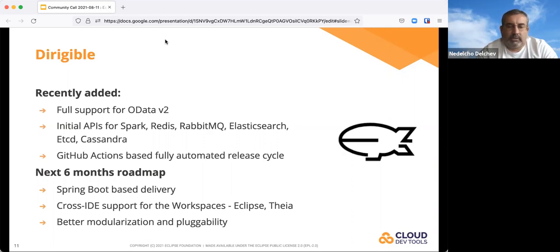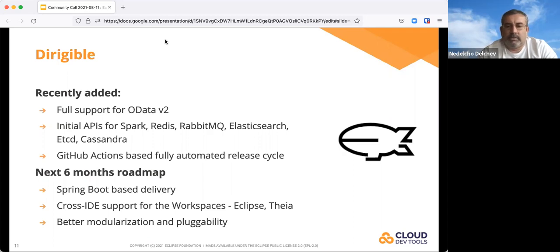Another topic that is also important for the whole community here: the workspaces currently in Dirigible have a very small number of functionalities which are very specific for Dirigible itself, but all the others are generic.